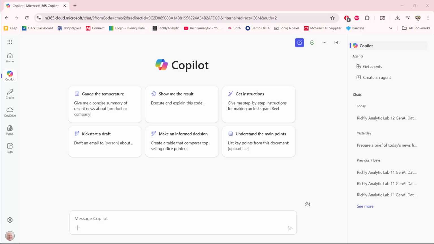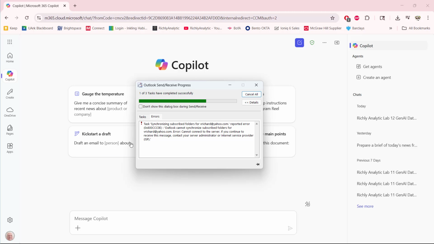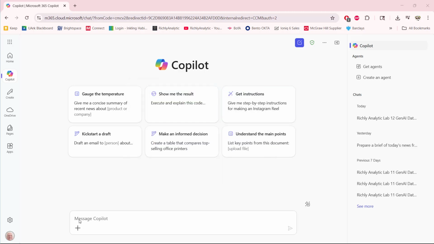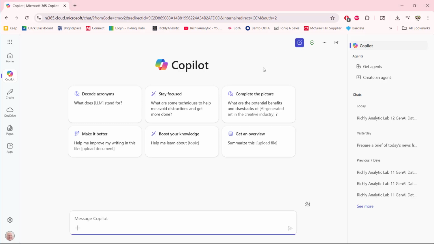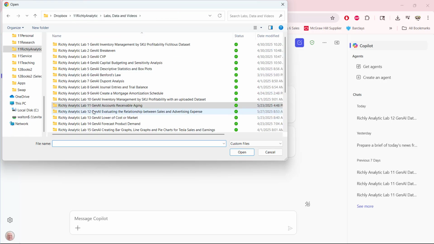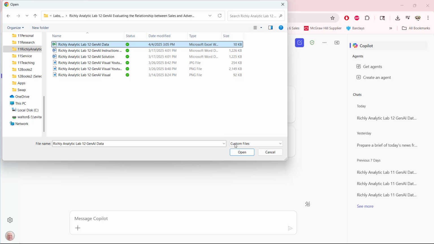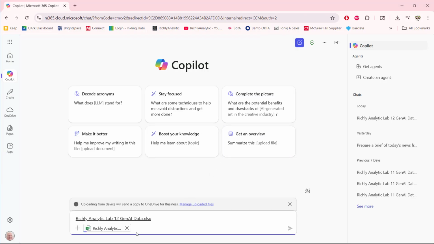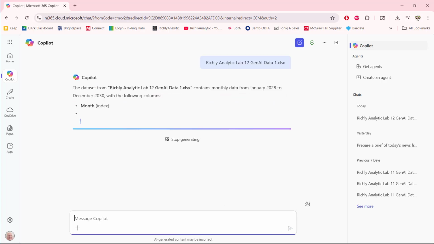You would only want to invest in advertising if, in fact, you are going to increase sales, right? And so let's go ahead and do this lab. Usually we start a new chat just to clear the registers, and then I'm going to immediately upload the data. Let's go ahead and do that here, the data file. You can see it reading in there, and then I'm going to enter that.